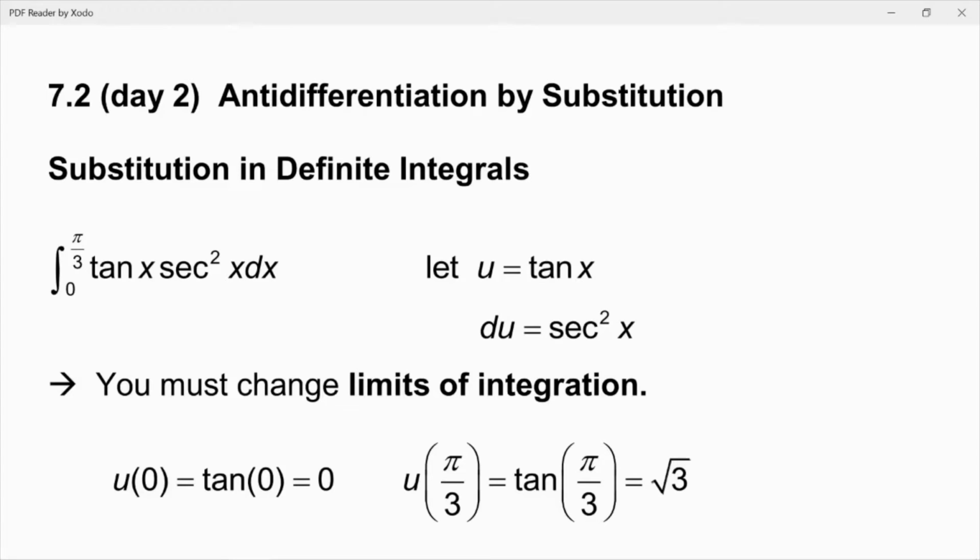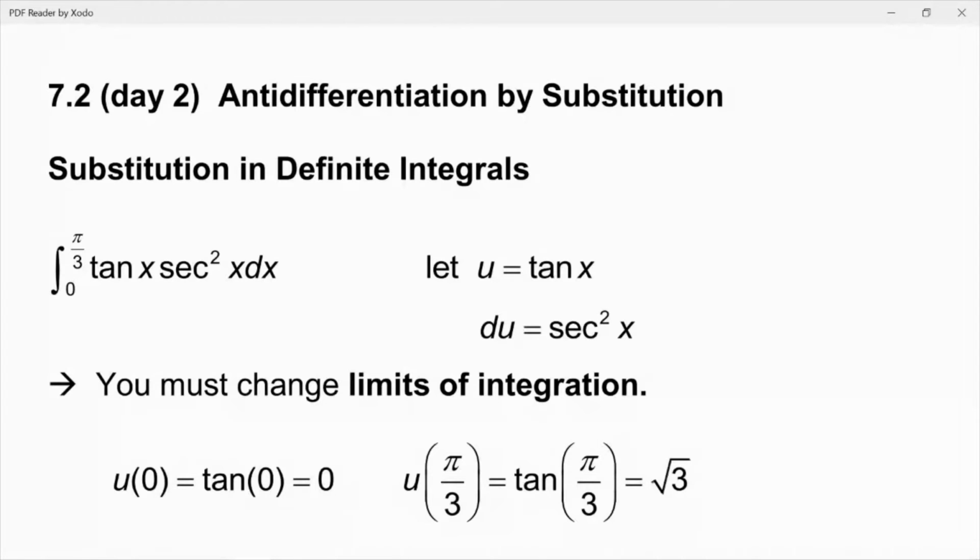This is AP Calculus AB, and in this video I'm going to talk about section 7.2 again, anti-differentiation by substitution, but this time I'm going to focus on substitution in definite integrals as opposed to indefinite integrals in the last video. So what we're doing here is kind of the same process as what we talked about previously in section